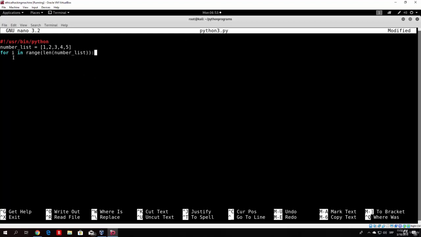This basically says for some variable i in range of the length of number_list, we want to perform number_list[i] += 1. I will explain what this does in future lectures. For now, just trust me that this will actually increase the numbers in our number list by 1. And if we print number_list at the end and save this,